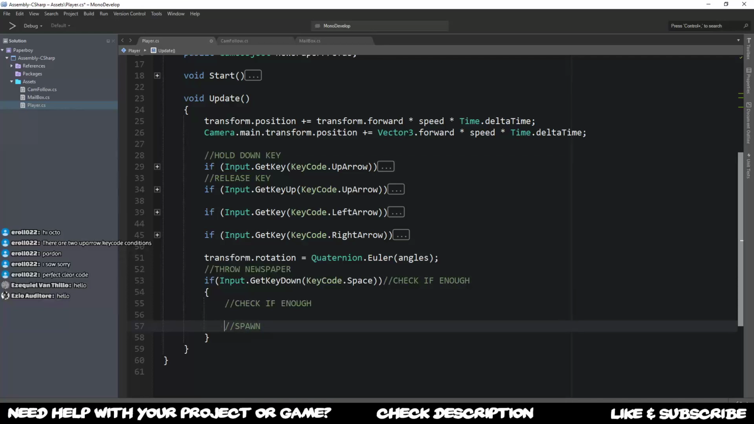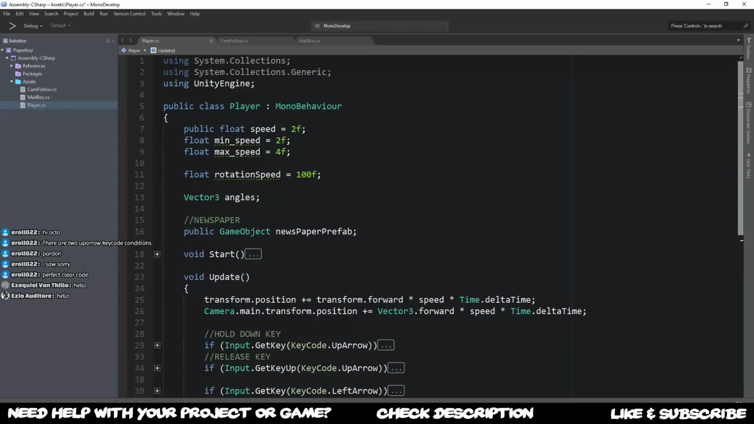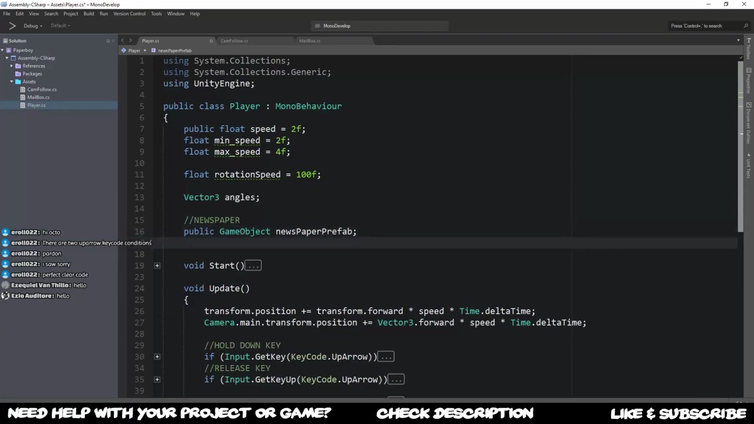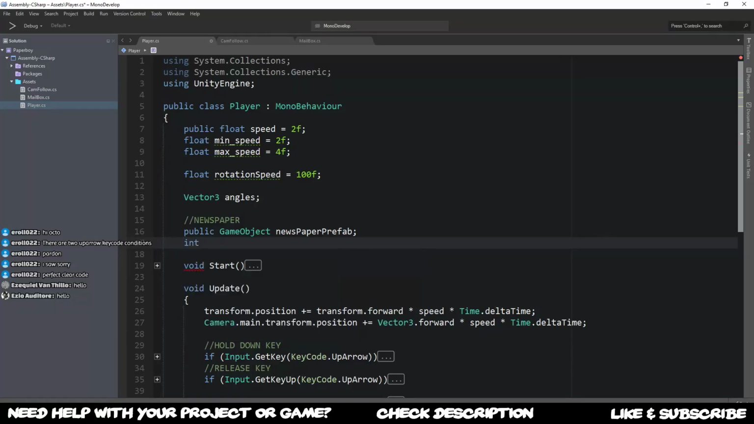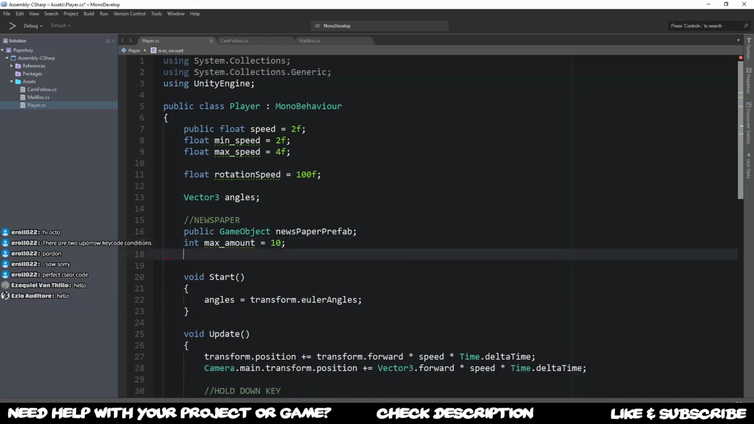Once we know we have enough, we can literally put any integer, for example, it doesn't need to be public, but just an integer, max amount of newspaper. Max amount is equal to 10. And we can also say something like a current amount, so how much we currently have, like whenever we start. Current amount. And if we would do something like a constant, like const int maximum amount,